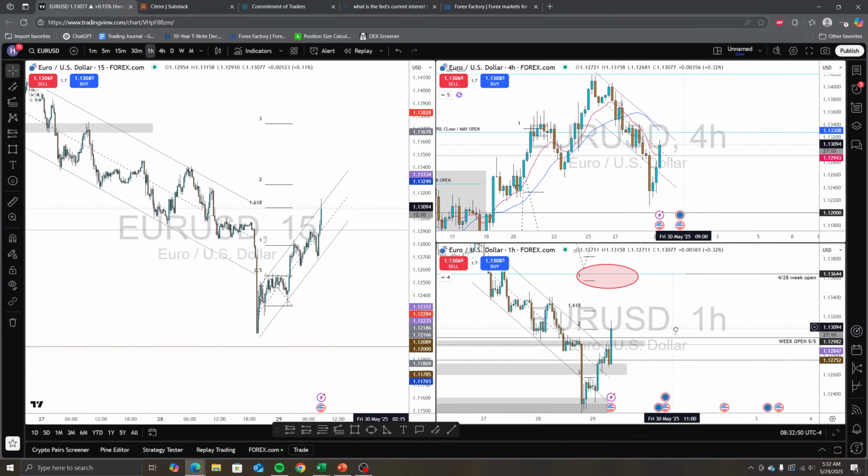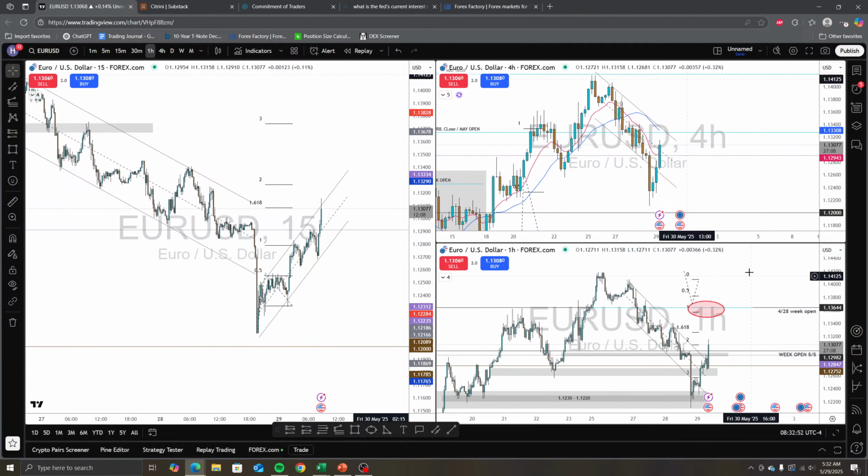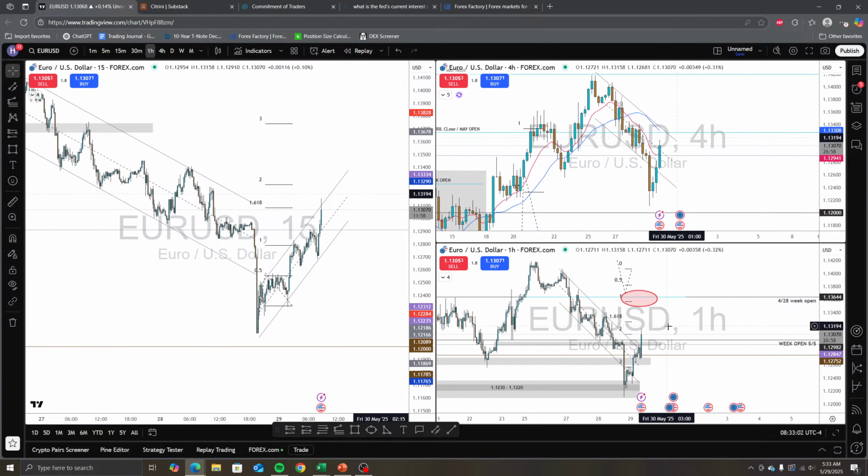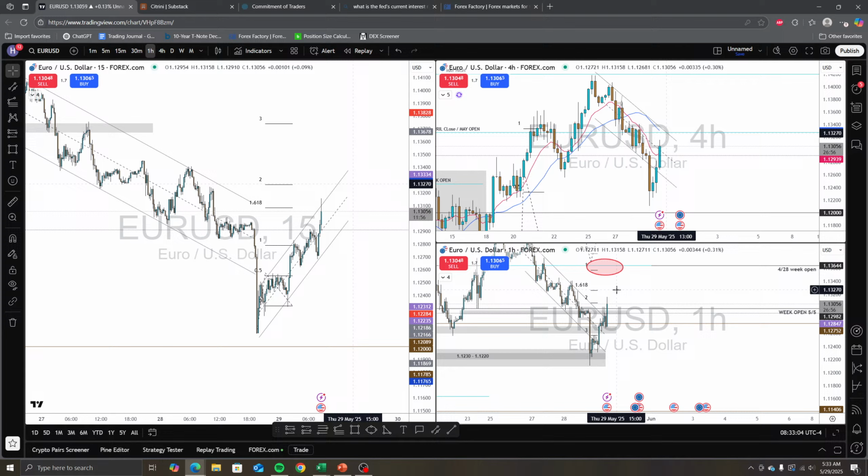If you look down here in the 1 hour chart, I marked this fib extension from this top, this bottom to this lower top, and it gave me these levels right here. As you can see on the right screen, there's a line right here that matches the same price level. So the 2 matches up exactly with the 1.618, and the 1.618 matches on the dot with the 2.